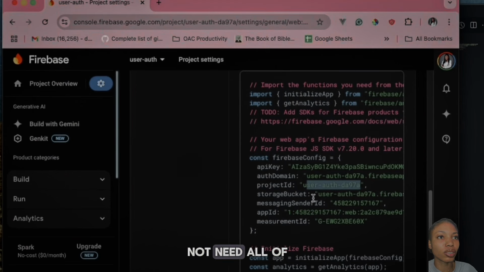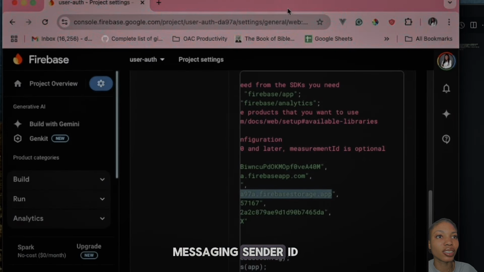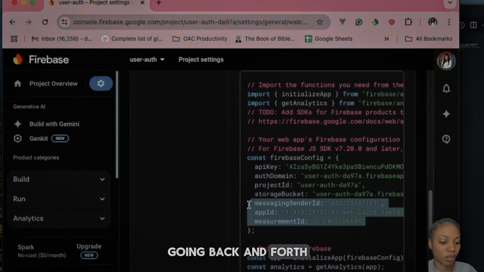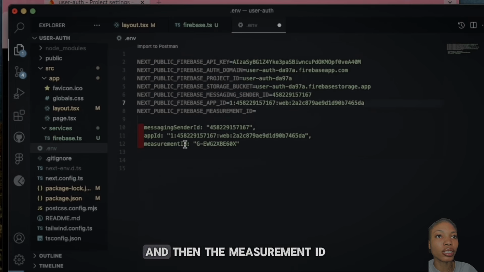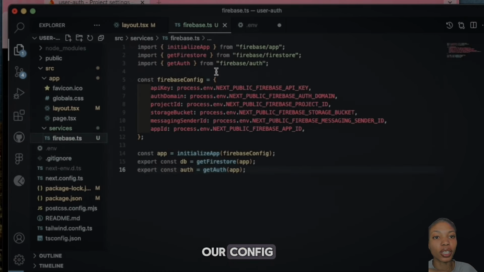To be fair, we do not need all of those, but storage bucket, copy and paste. This has a U in front, and paste this. Messaging sender ID. Let me just bring everything here because I can't be going back and forth. And then the app ID, and then the measurement ID. All right, so we are finished setting up our .env, and we are using the values here in our config,